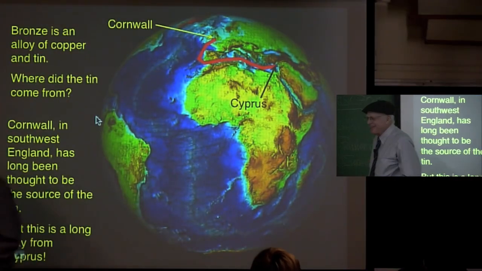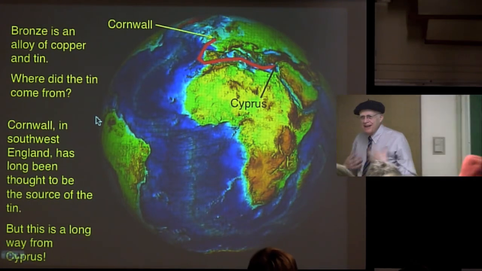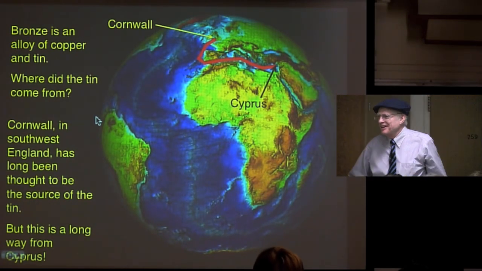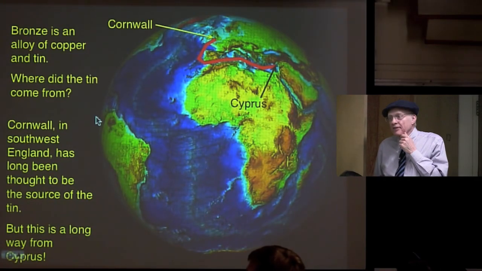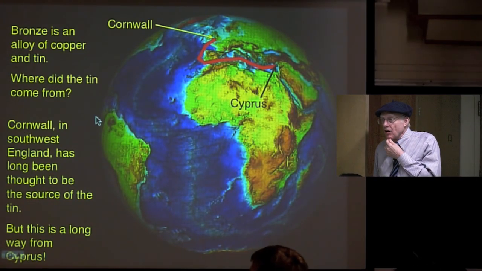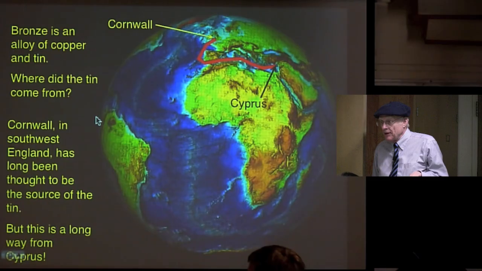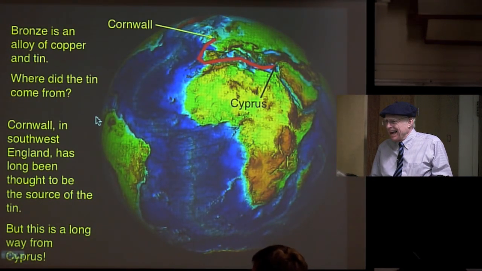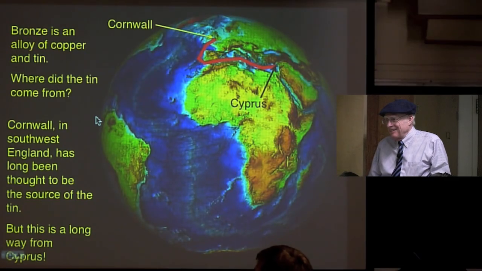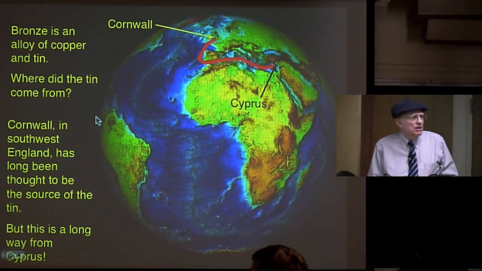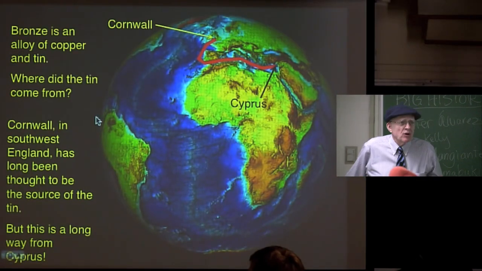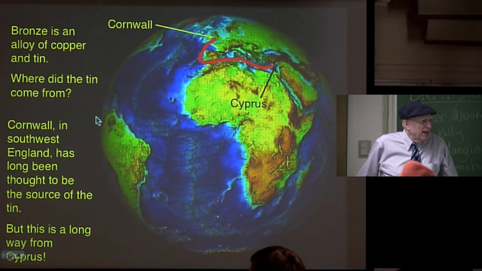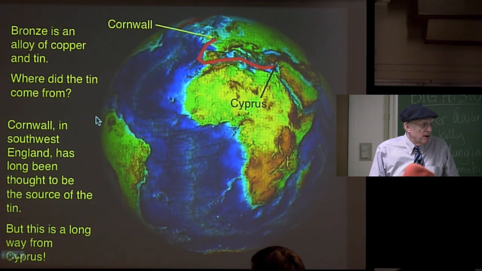Now, it just never quite sounded right to me. Did they even have sailboats anyway? I think they did, but they also did an awful lot of oar propelled. Yeah, there were galleys, but either way, it doesn't seem like you could have brought enough tin from Cornwall to make all that bronze with that vast amount of copper that was coming out of